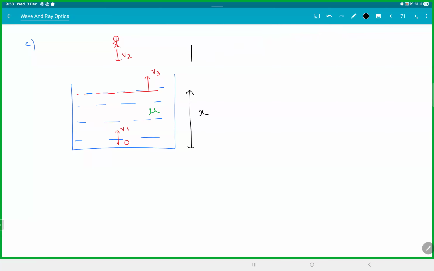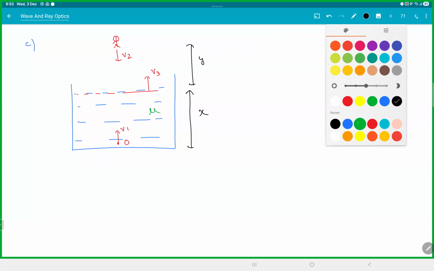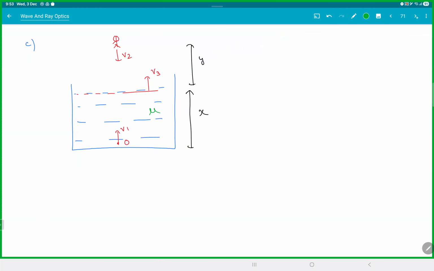Let this distance be y. So forget about v1, v2, v3 for now. Let's find the apparent distance. So light rays are coming from the object. I hope you remember how to do this. If a person is standing here, what is the apparent depth? If you ask him, he will say x. If you take him outside the water, he will say x by mu. So the apparent distance,